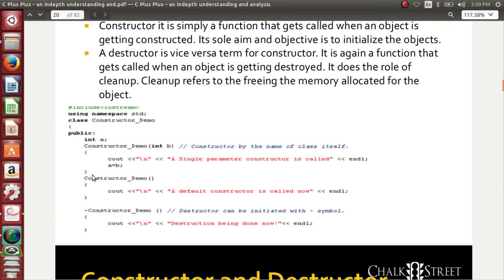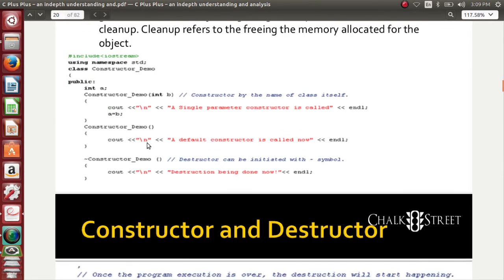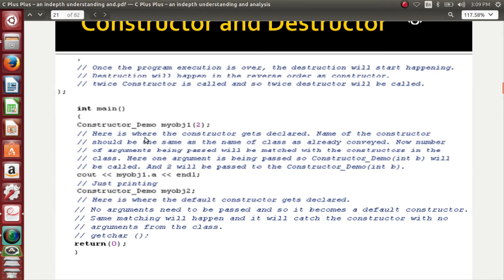And then once the construction work is over, I need to do the destructor work. You need not do anything different or any coding for the destructor to be called. Just put a tilde symbol before the constructor name. That is enough and that is called a destructor. So now I need to go to the main part of the code here. See that, int main, I create an object for the class. The class name is ConstructorDemo.